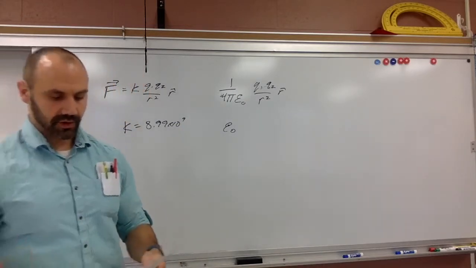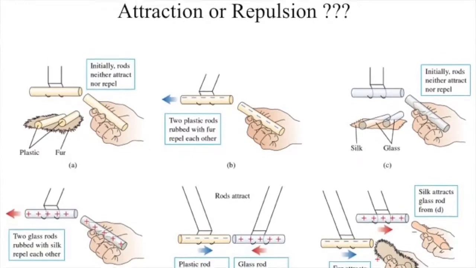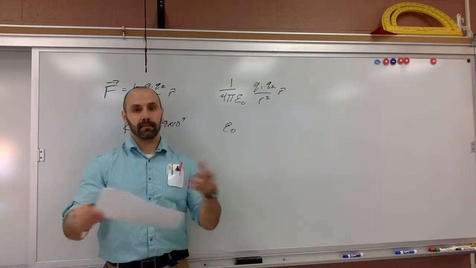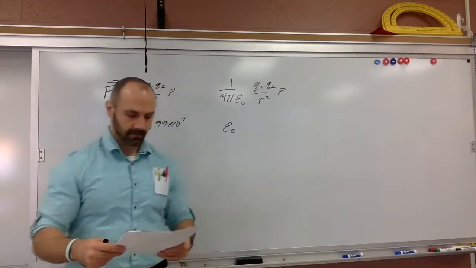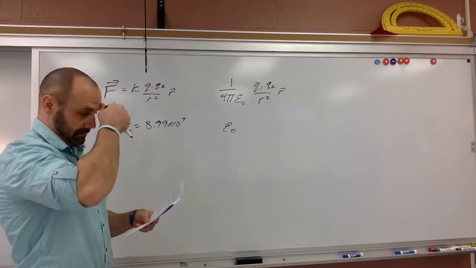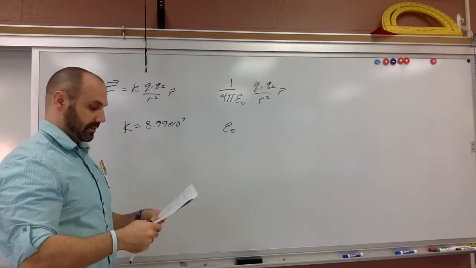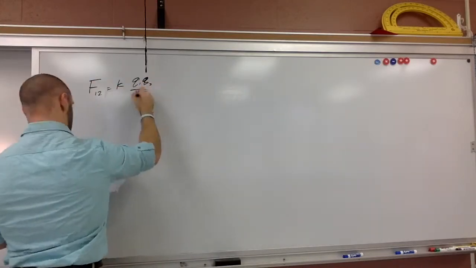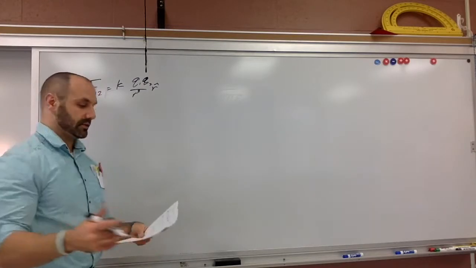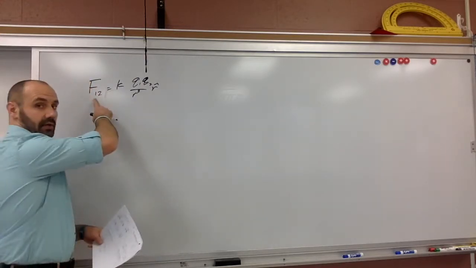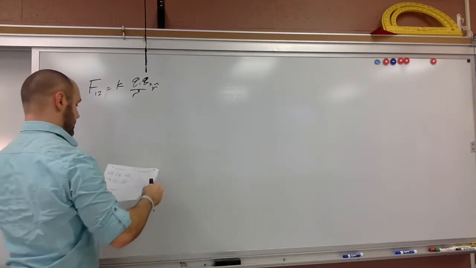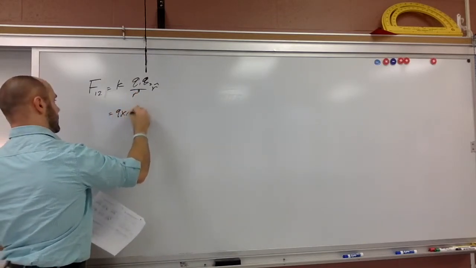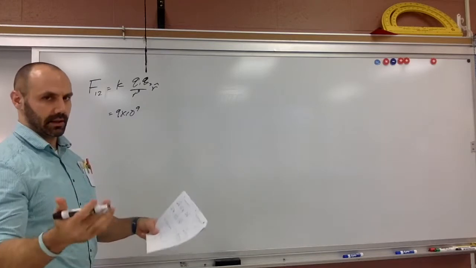Okay, and so attraction and repulsion. When two things have the same charge, they repel. When two things have opposite charge, they attract. Okay. And so in example 1, you can see the force on 1 by 2 is going to be this. And so I just fill in my numbers, right? This is 9 times 10 to the 9th, can round 8.99 to 9 here,